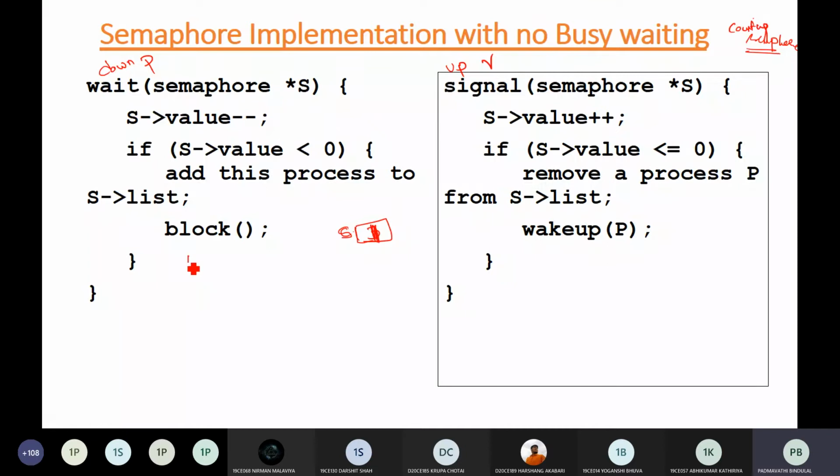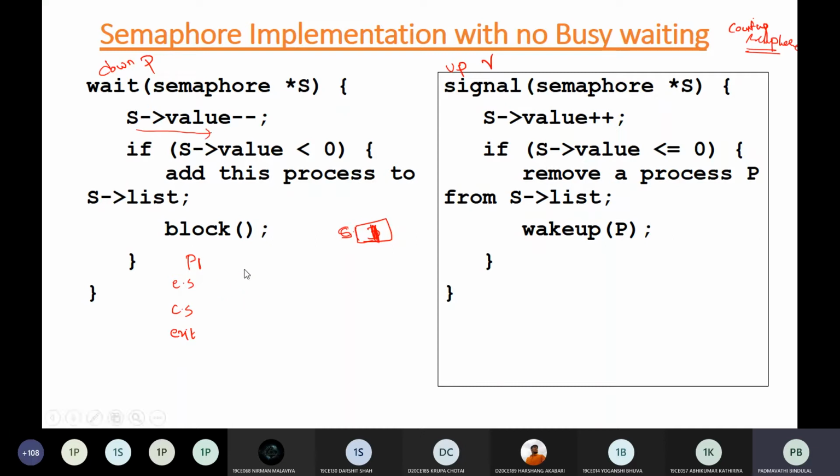Okay, now your P1 process comes to the processor that it wants to be executed. So in that case, first you will be executing the entry section code, then the critical section, then the exit section code. So in the entry section, you are always supposed to execute this code. Okay, so P1 value is 1, so what you have to do, you have to reduce this value.